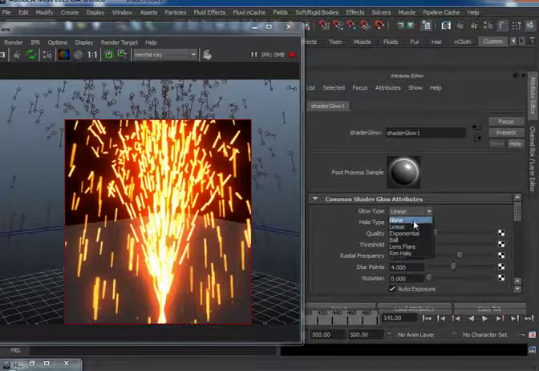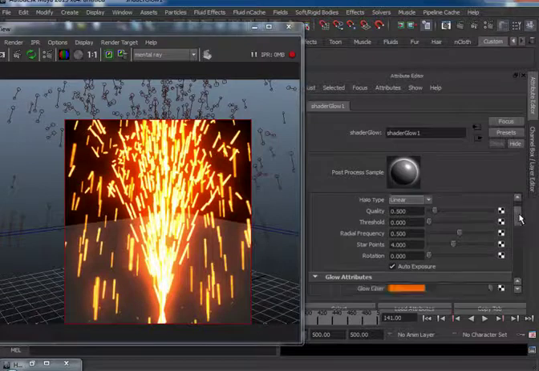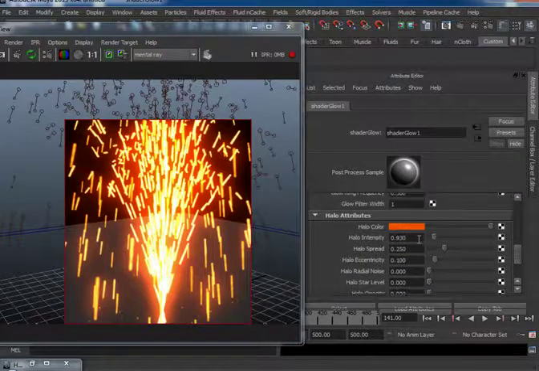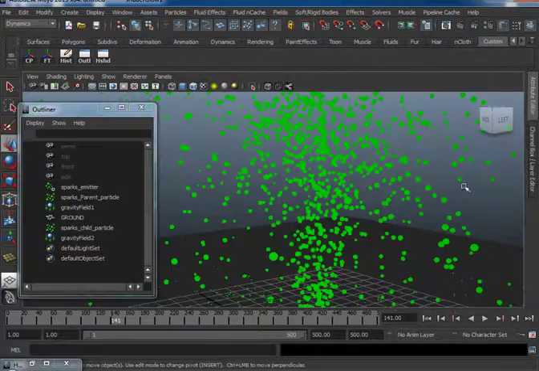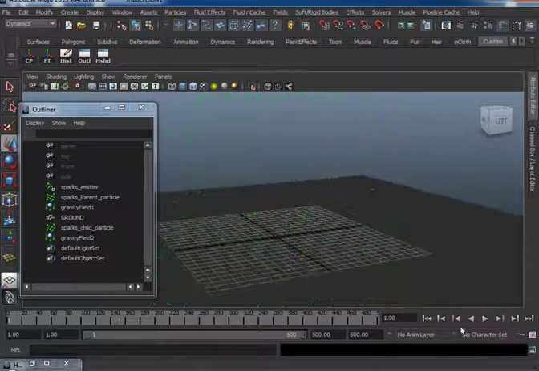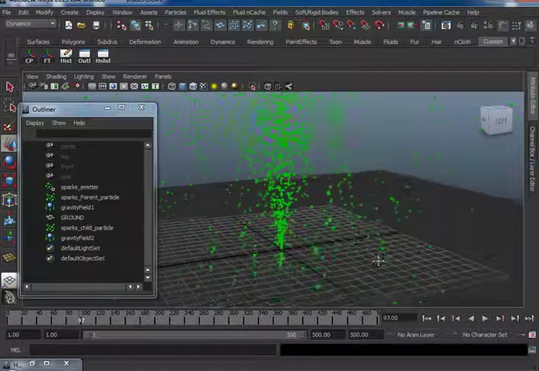If you feel like you don't want to have a halo, you can make it none, then only you can have the glow. Okay, so tweak the values wherever you feel more convenient, and once it is done, then you can go for render. Before going for render, you have one more small thing to do, that is adding light